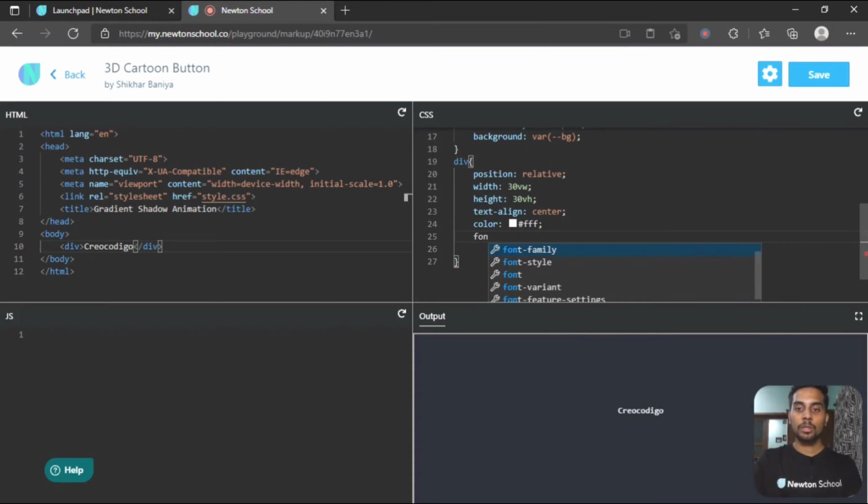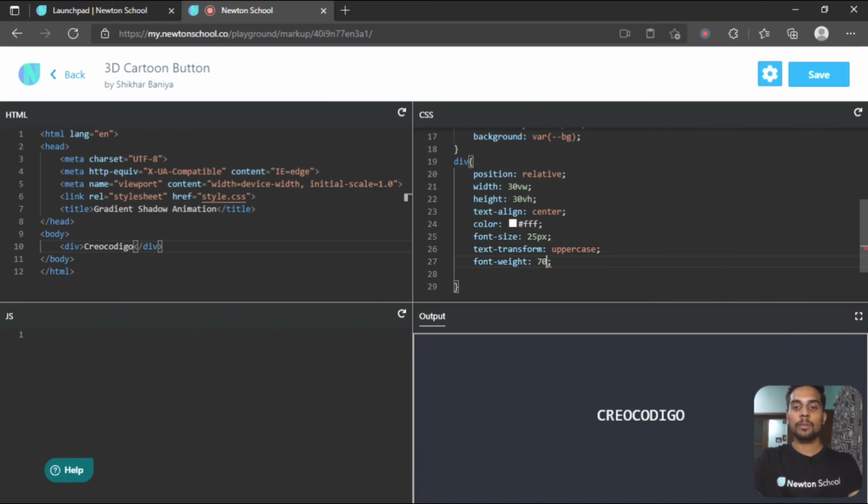Let's change the font size, 25 pixel. Text transform will be uppercase. I want it to be bold, so font weight will be 700.